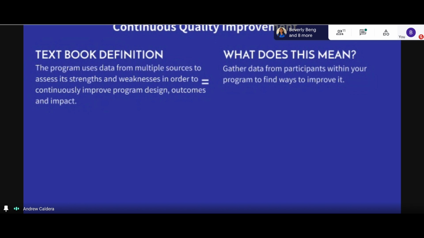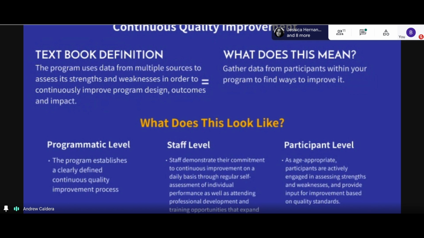We're looking to assess and get the data that we need and then analyze it with these standards to see which ones we can improve on, which ones need improvement, and which ones we've got down. That's what we're doing with this. This is going to be clearly defined when we're doing this process. We want to make sure we're clear and to the point when we're planning and doing our action plans, which you will see in a little bit. We want to make sure our staff is able to do this as well, and that's where it's going to show up in our action plan, where their parts are going to take part in this.